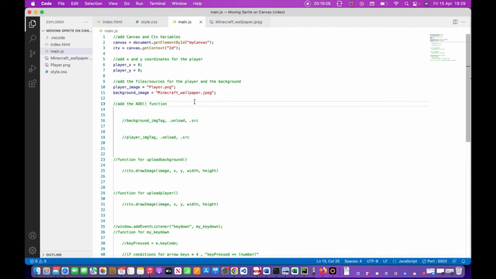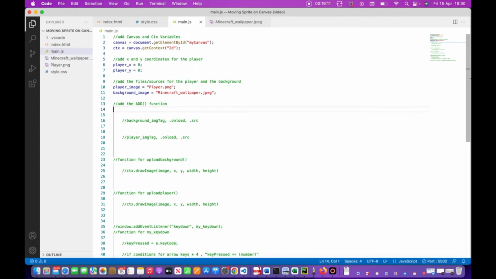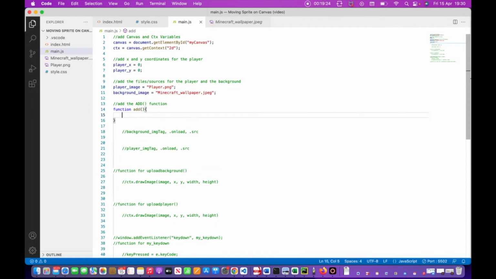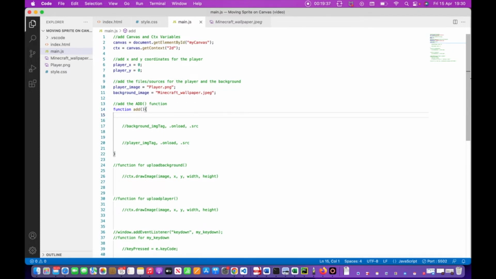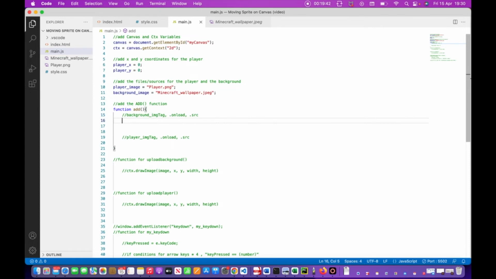Now we have to add a function called add. I know, adding a function called add sounds weird. function add, and then I put brackets, and outside the brackets I put curly brackets and enter inside them. Now I'm just going to copy this and paste it there. Okay. Now here I need to make another variable called